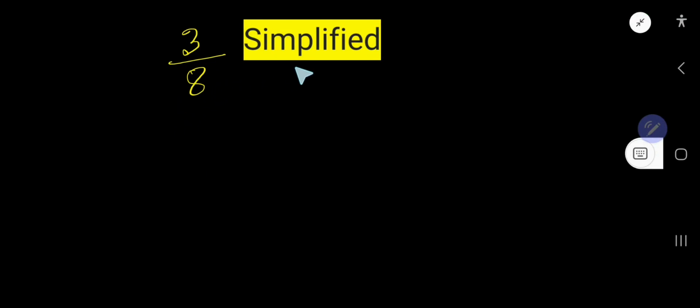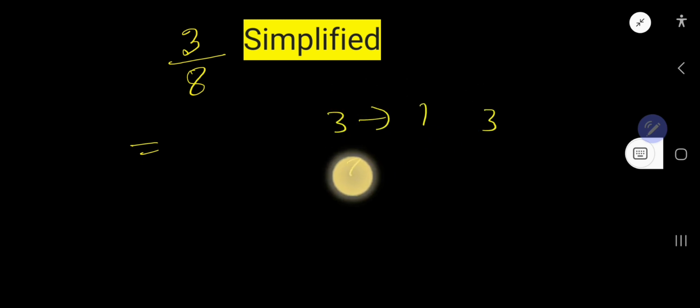3/8 simplified. That is how to simplify the fraction 3/8, or how to reduce the fraction 3/8. Look, to simplify or reduce this fraction means you need to cancel the common factor. So look, the factors of 3 are 1 and 3, and the factors of 8 are 1, 8,